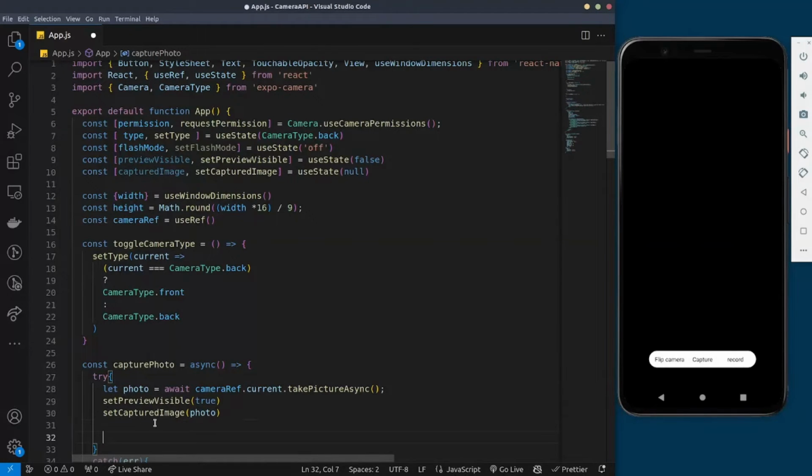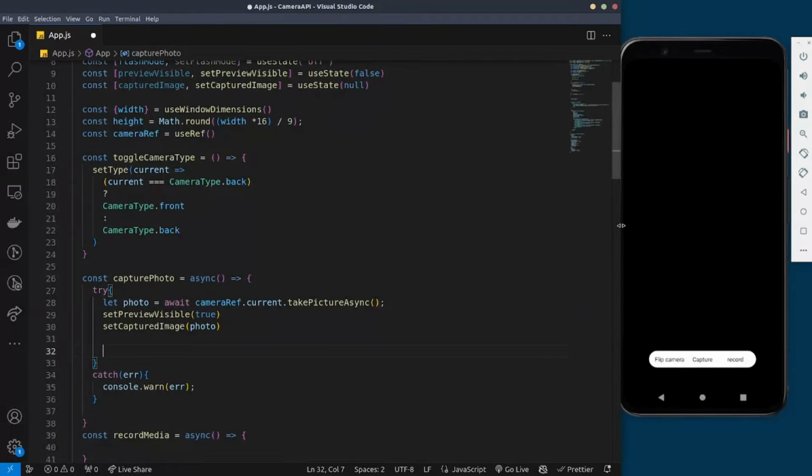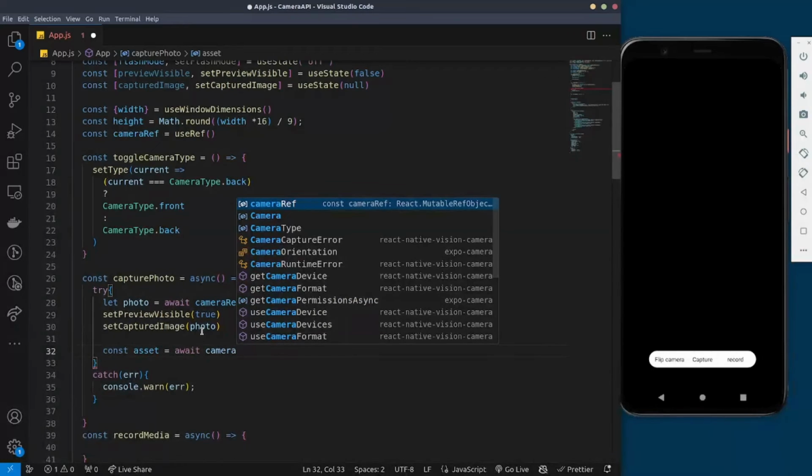So you can use these states like I mentioned. You can use the states when you want to display the images after taking a picture. So if you want to preview the images after that, you can use these two states here. Now, to save the picture to your phone's gallery or the device gallery, what you do is you say const asset, you set it to